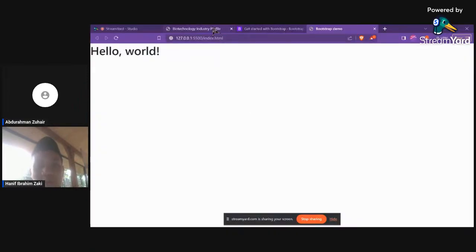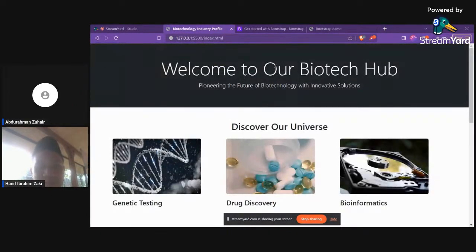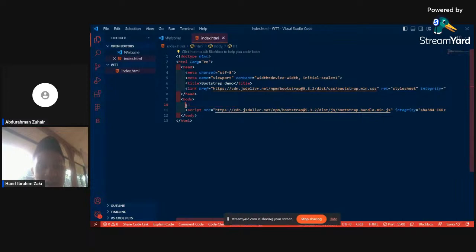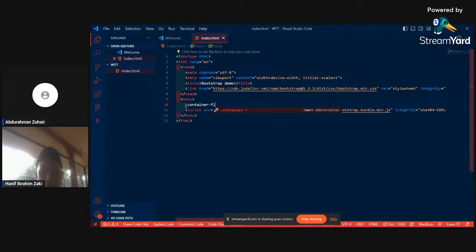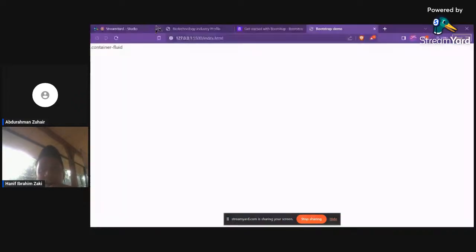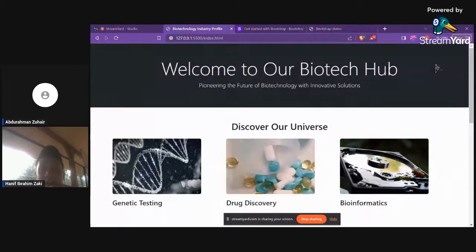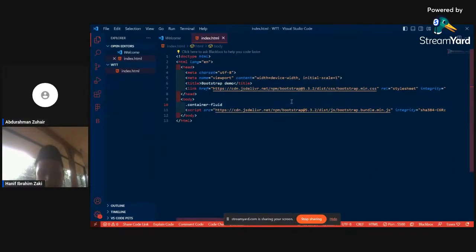So what do we do next? First of all, we're gonna make this part. So we erase the h1 hello world and type in dot container fluid, so it would fill the right and left part of the page. So we type dot container and dot container-fluid,